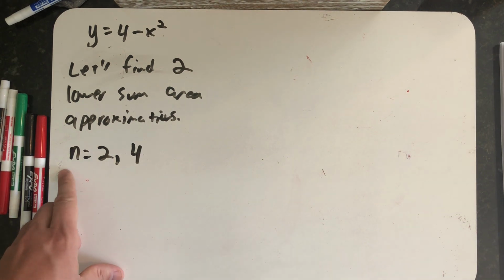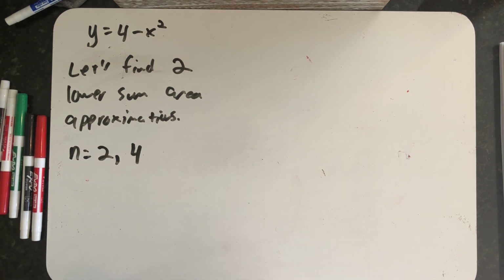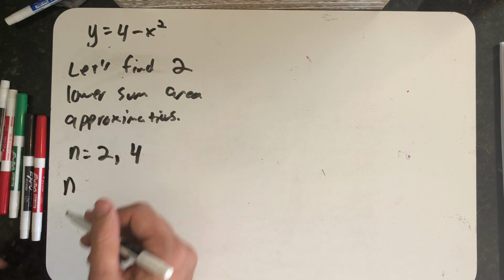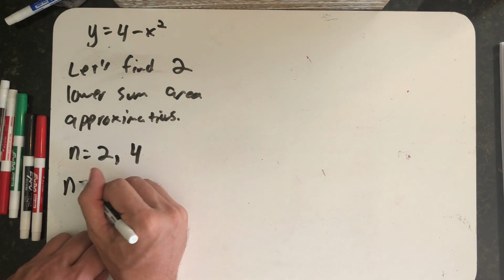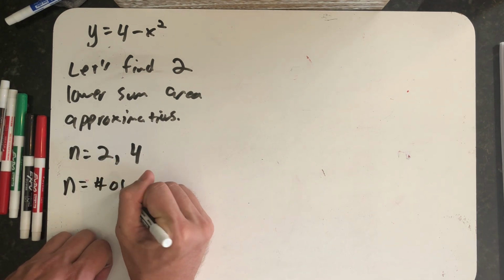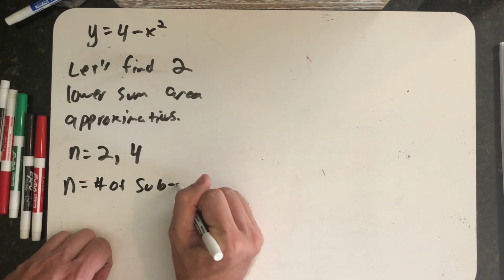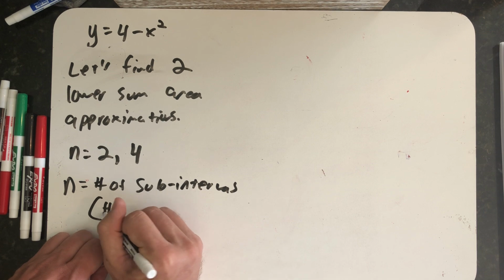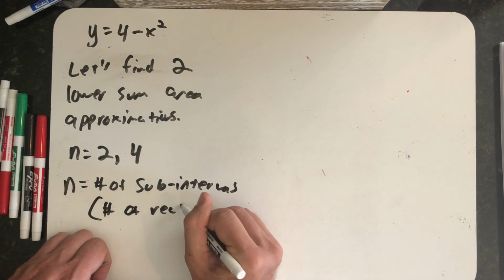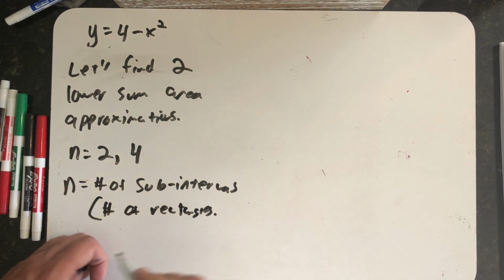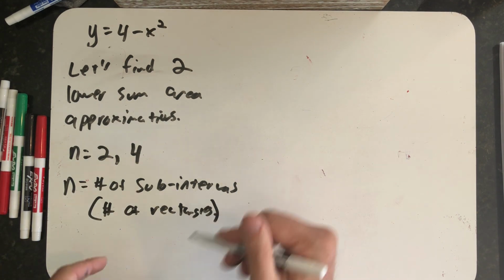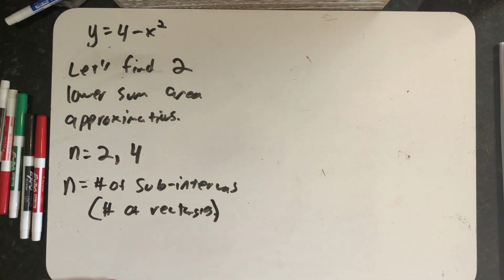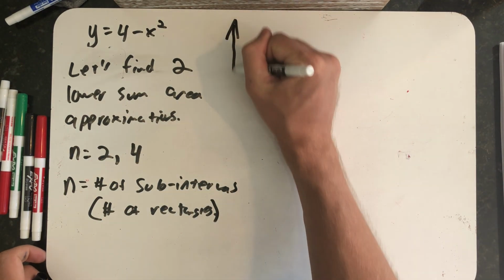And here I'm introducing the variable n, and that's just going to represent the number of rectangles or the number of subintervals on the x-axis. So I want to have 2 lower sums, one with 2 rectangles, one with 4 rectangles. I want to be able to compare those with my upper sums. So for n equals 2,